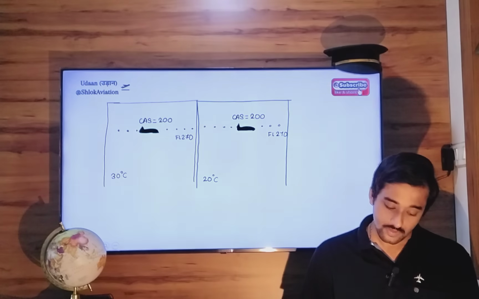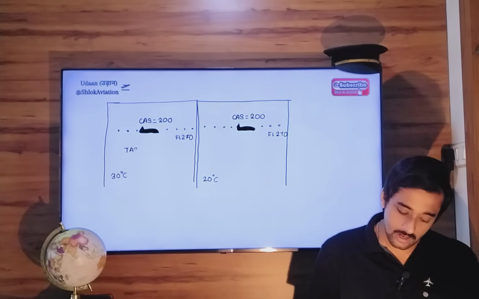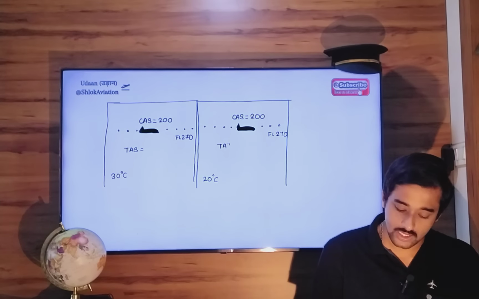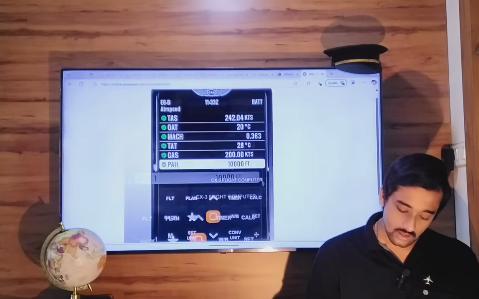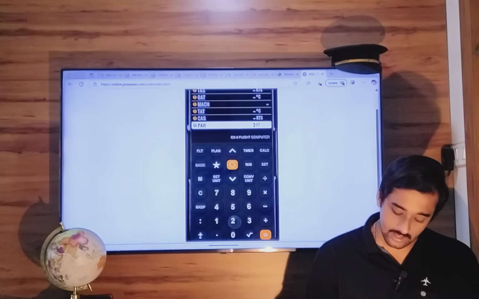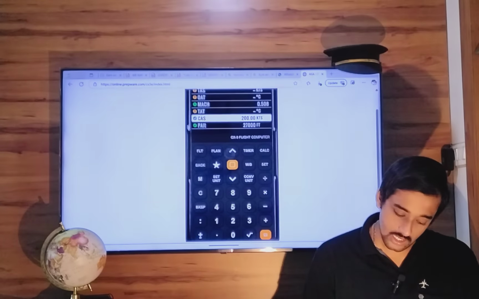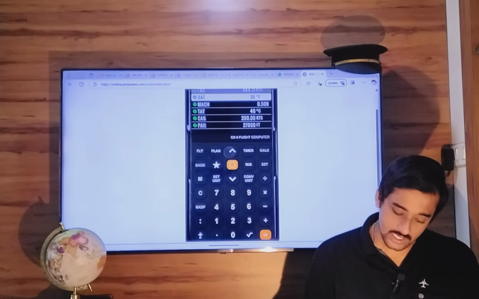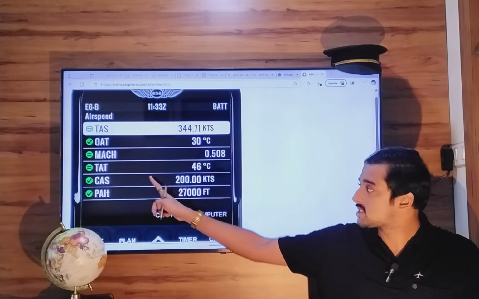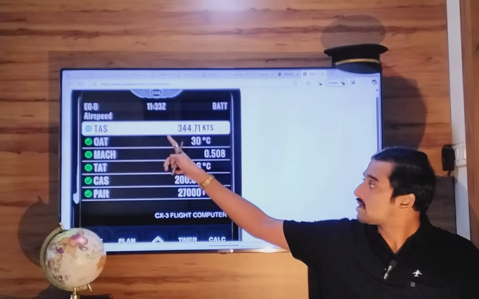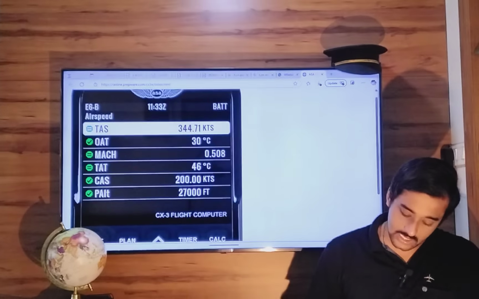So you enter 20 degree Celsius. Now, let's calculate true airspeed, in the warm air mass and in the cold air mass. Okay. So let's use CX3. Pressure altitude 27,000 feet. Calibrated airspeed we have considered 200 knots. Outside air temperature 30 degrees Celsius. So check the values. Pressure altitude 27,000, flight level 270, CAS 200 knots, outside temperature 30 Celsius, true airspeed 344.7,